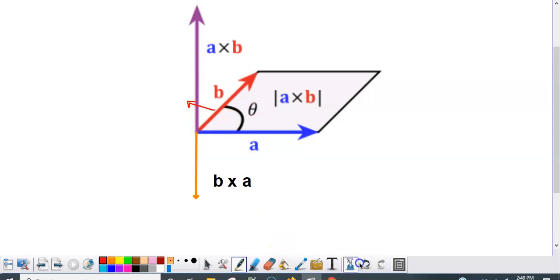If I flip my fingers, though, and I have the palm on my right hand facing this direction, see how now I am able to curl. Now my palm is kind of upside down almost to sit along vector B, but if I curl the fingers on my right hand toward vector A, the thumb on my right hand is now pointing downward